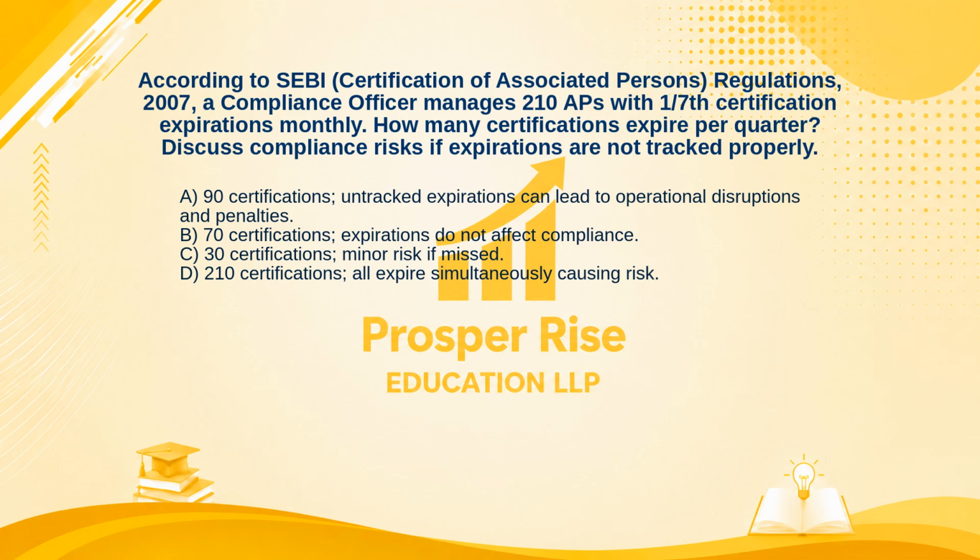B. 70 certifications. Expirations do not affect compliance. C. 30 certifications. Minor risk if missed. Or D. 210 certifications. All expire simultaneously, causing risk. Take a moment to pause the video and decide. The correct answer is